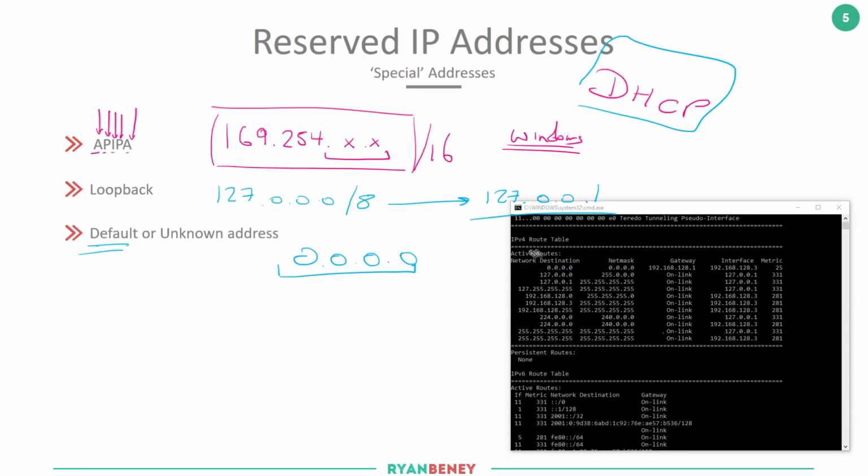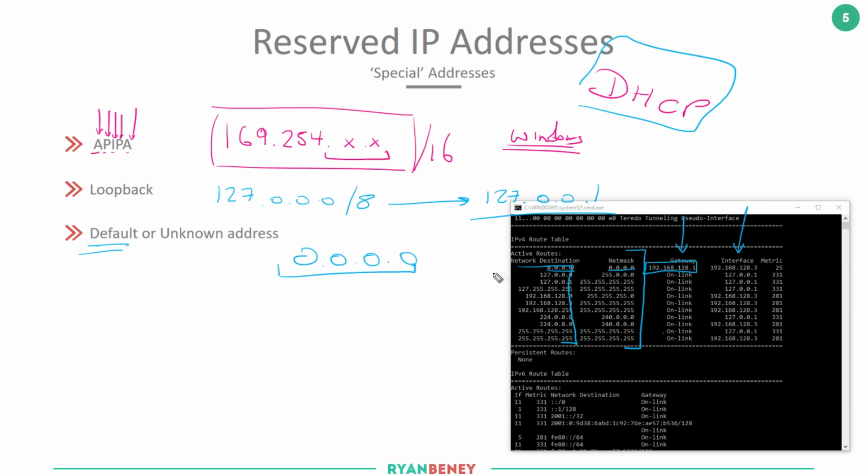And looking at this routing table, you can see here are all the routes that my device is aware of, and this is their subnet mask. We can see that there's the next hop and what interface it would go out on. But just at the top you can see 0.0.0.0 with the netmask of 0.0.0.0 and the gateway of